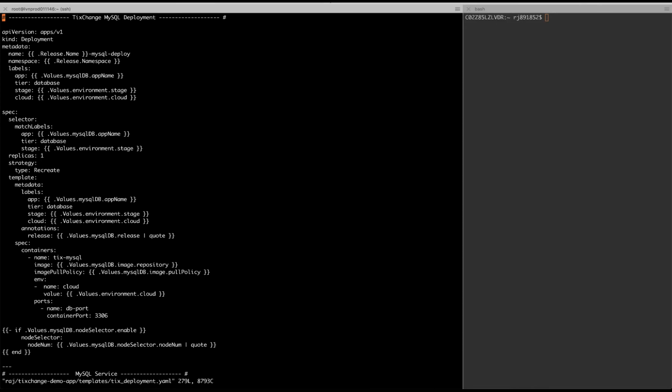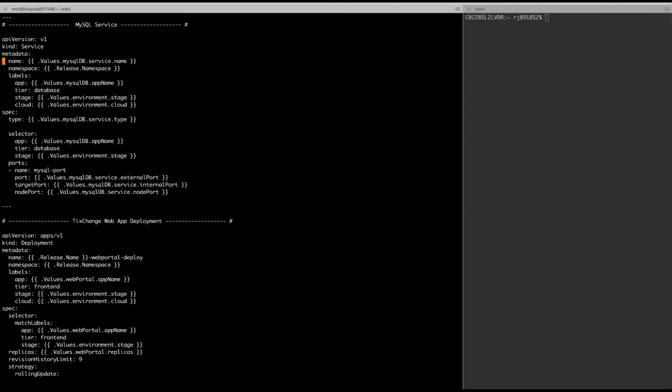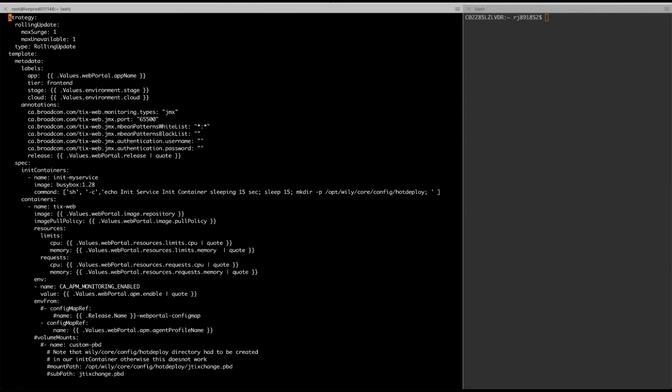So this is one single deployment YAML file, which contains the description and specs for all the components in my application. This is MySQL, which is the backend, and this is the web portal.